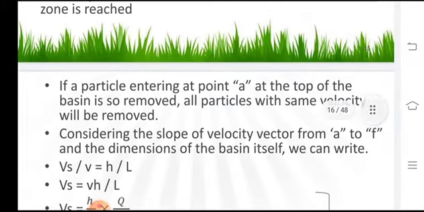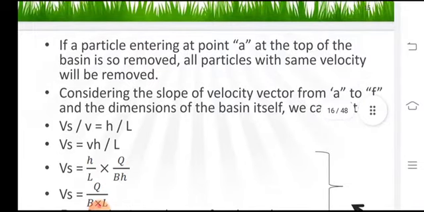So if you go through this, and then if a particle entering at point A at the top of the basin is so removed, all particles with the same velocity will be removed. Considering the slope velocity vector from A to F and the dimensions of the basin itself, we can write. So based on this theorem, you can observe that we are considering two triangles similar, and we are going to match their